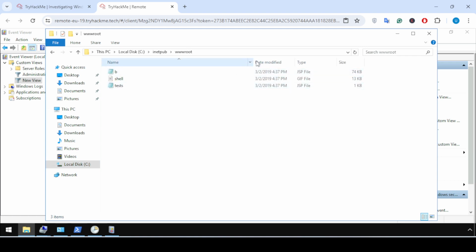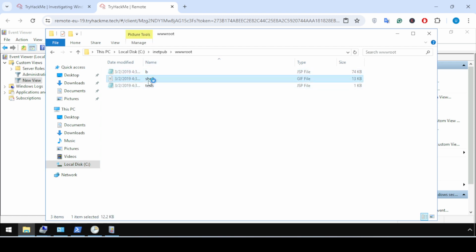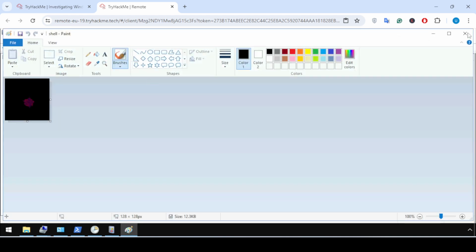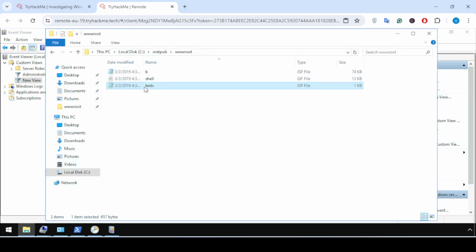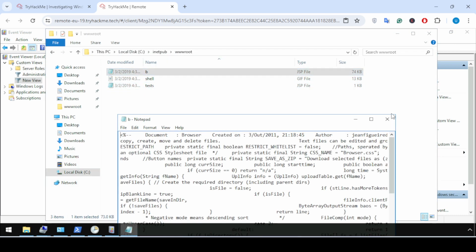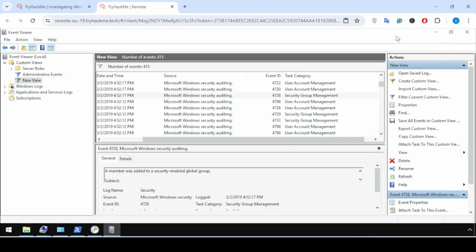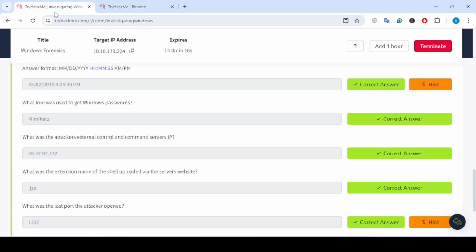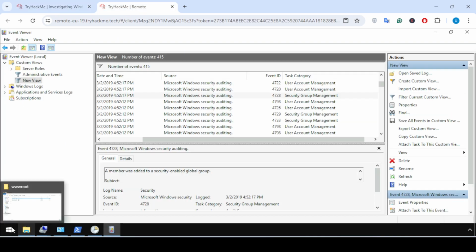If I click on it, three files are present here.